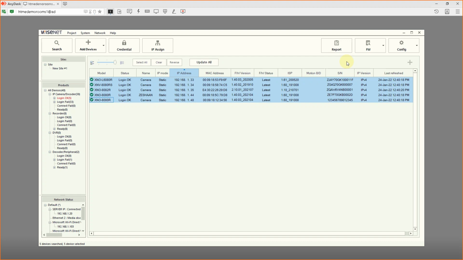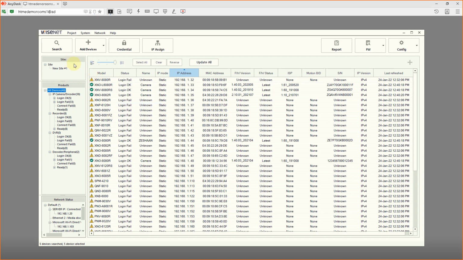Okay, if you have too many models, I download using this option only because if you notice, this is a demo room and every model is different. I have to open each camera separately and download the firmware. So I would just click firmware upgrade and download using the device manager. And tomorrow I'll come back and upgrade everything. So that's easy for me. Something like that. Okay, done. Next,